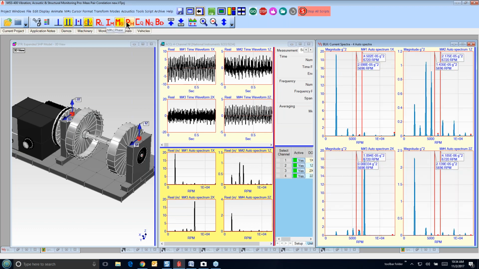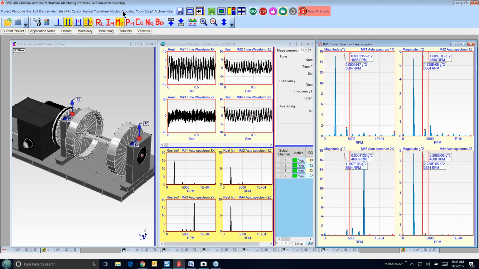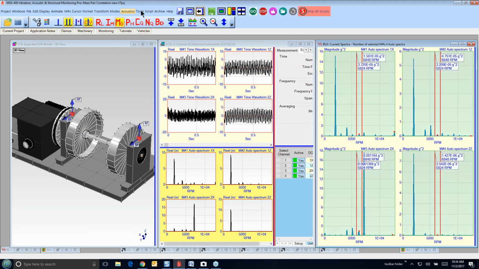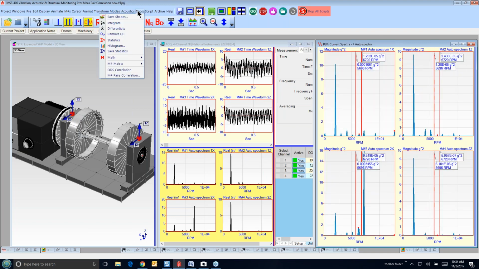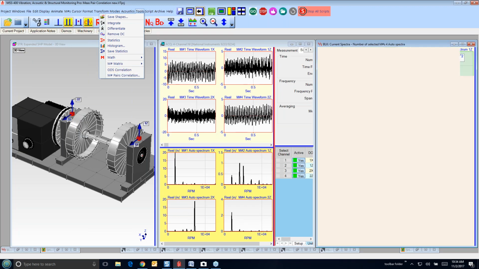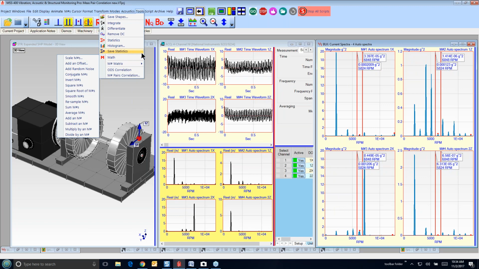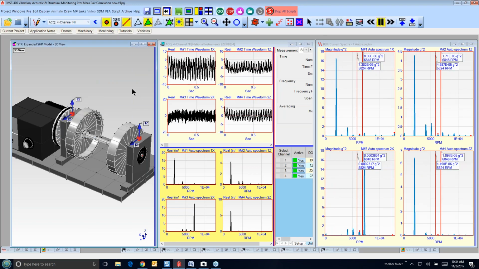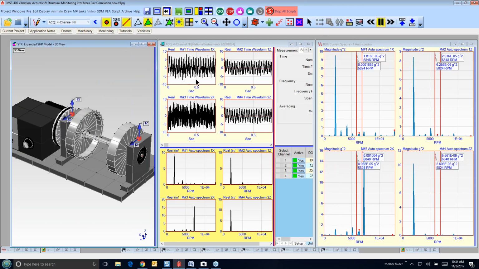Let me see if I can get that up so we can actually see what that frequency is here. Well, let's move on. We don't really need to know the frequency.